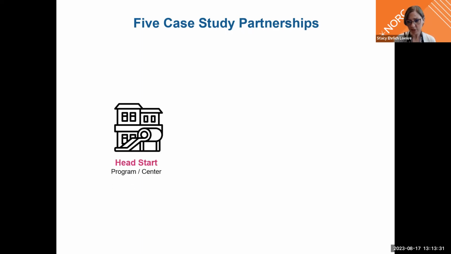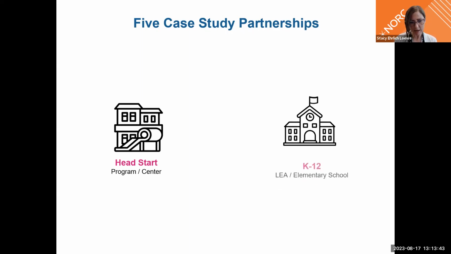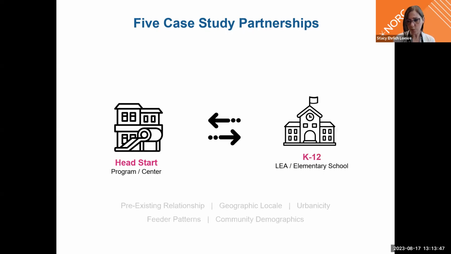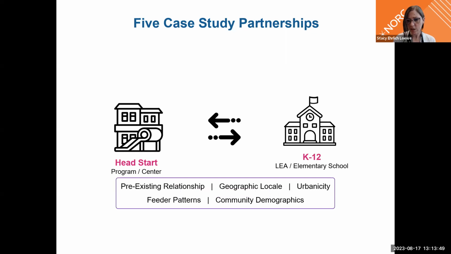After a thorough nomination and recruitment process, our team recruited 5 partnerships that we call cases, and each of those cases consists of one Head Start program and one partner LEA. This pre-existing relationship was the most important selection criteria for us, but we also took other factors into account, like